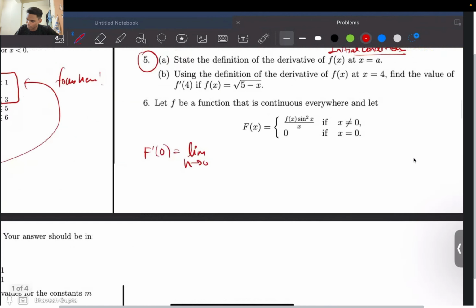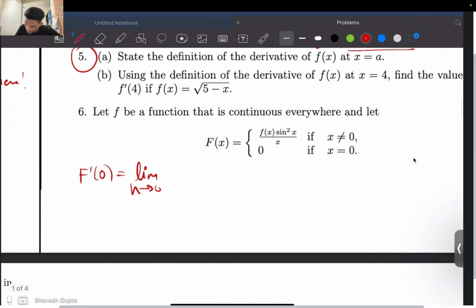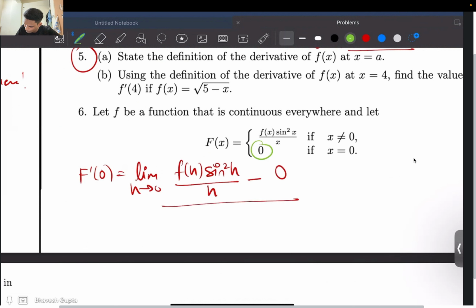Okay, so you have to keep the answers in terms of f. So you have this h, sine square h over h minus, say, 0, because that's what the definition is, right? See here. And in the denominator we have this h, and you can see here,